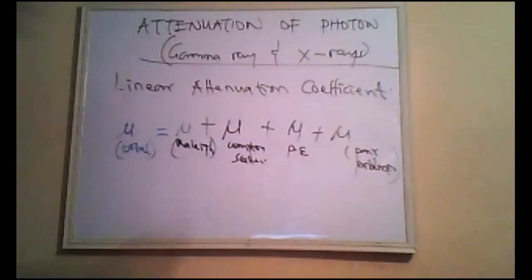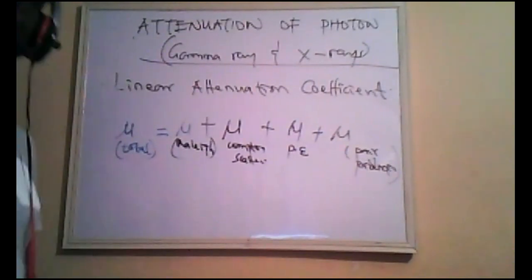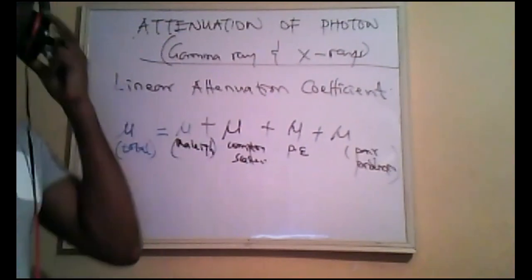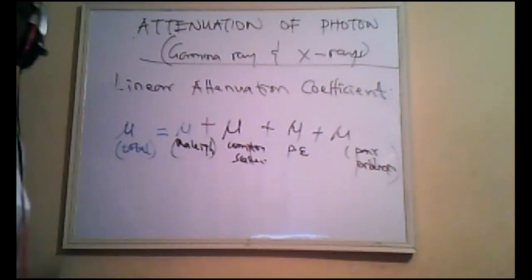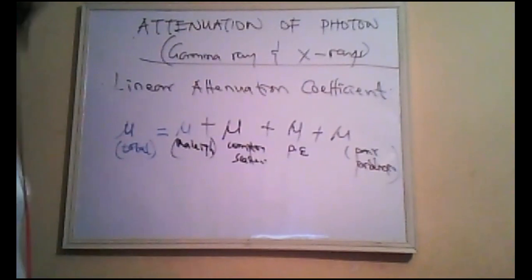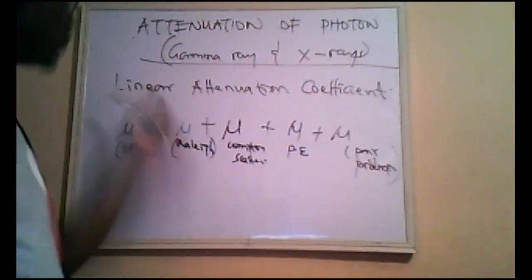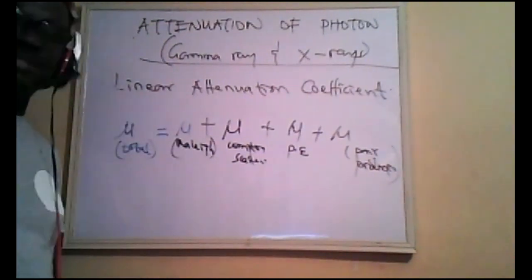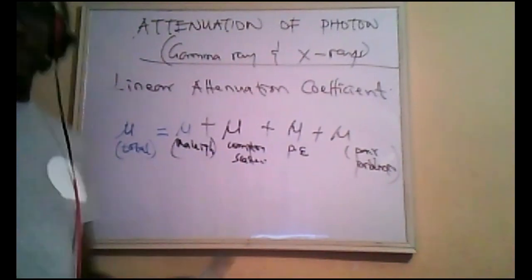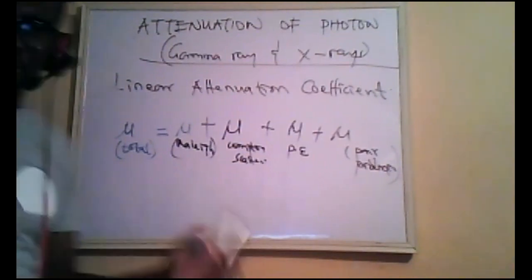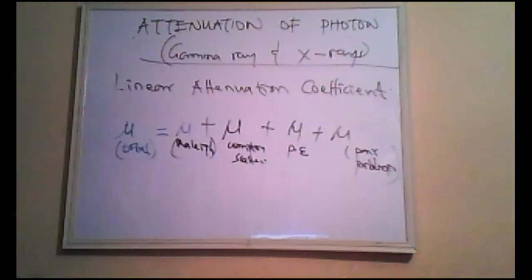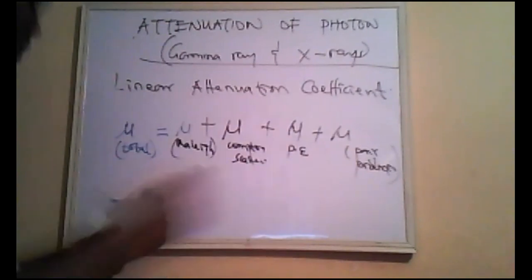The linear attenuation coefficient is very, very important. We want to look at the energy we need for a particular diagnostic procedure. Let's say you want to image a particular portion of the body. We might want to look at the linear attenuation graph and see the best energy, I mean the mean energy, that will give us the best contrast. Also, if you look at the graph,